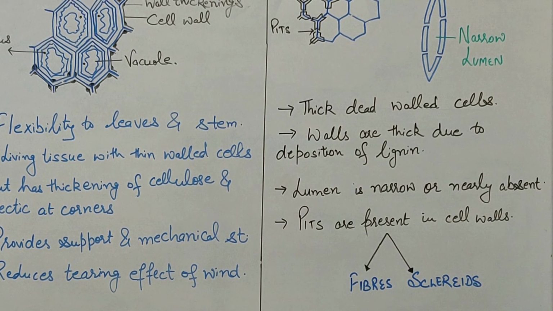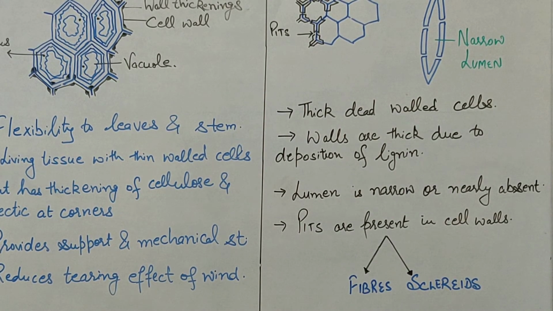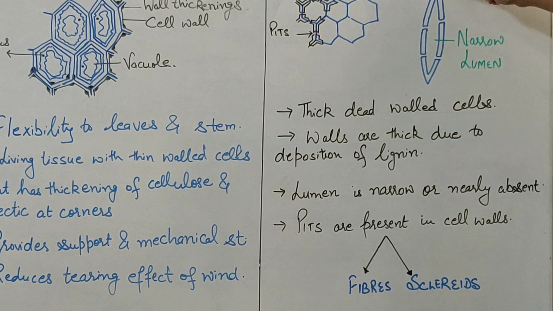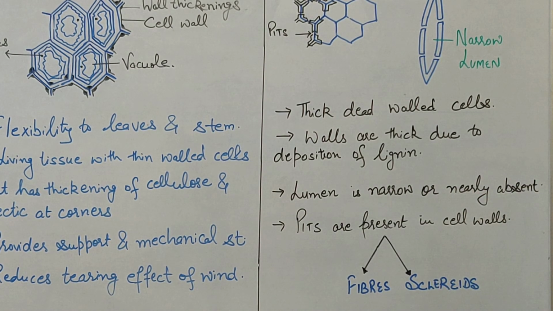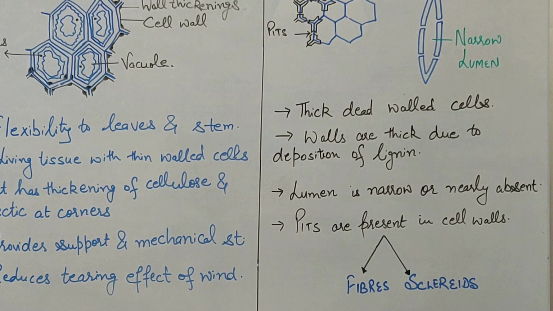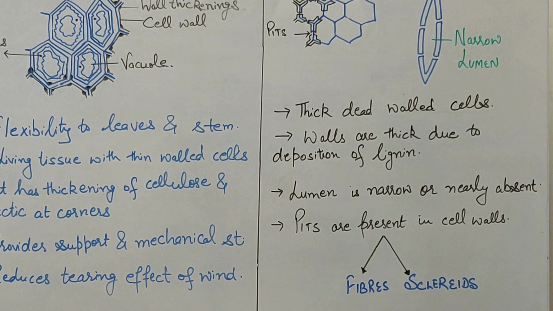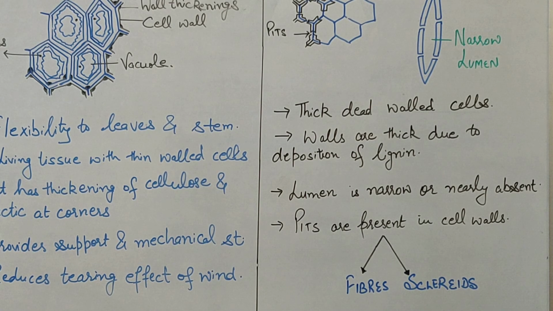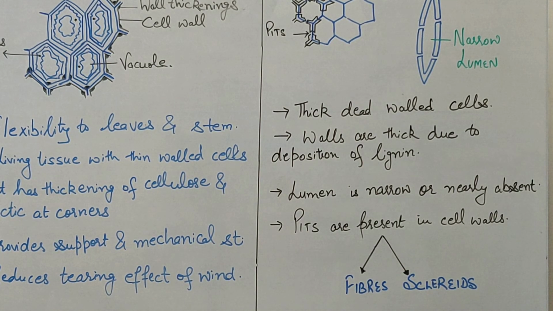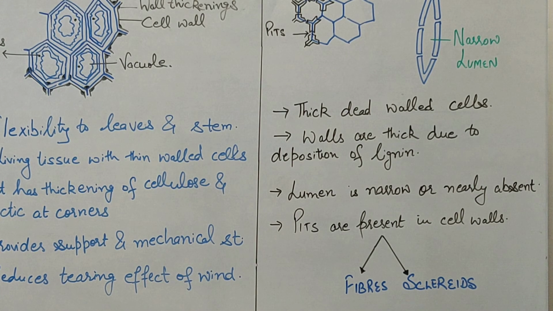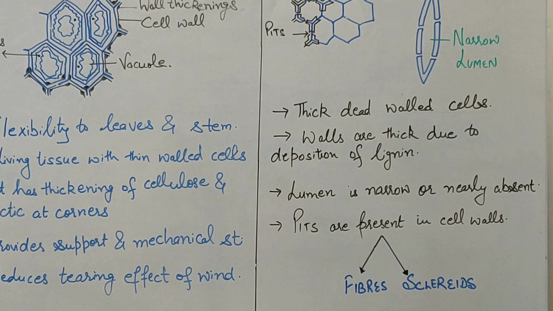Cells of sclerenchyma can be classified into two main types, fibers and sclereids. Fibers are long elongated cells which have pointed ends as shown in diagram. These cells vary in length from 1 mm to 550 mm. They are usually packed like clusters. Sclereids are those cells which are relatively short and possess thick walls due to deposition of lignin. They are short in size.